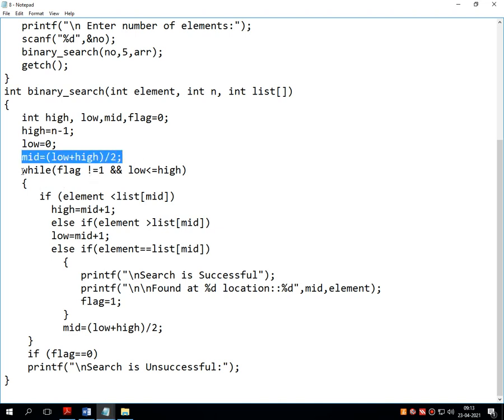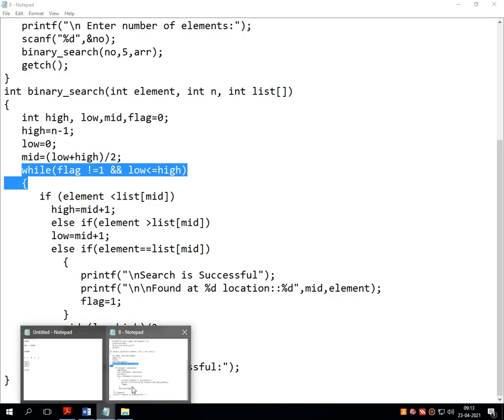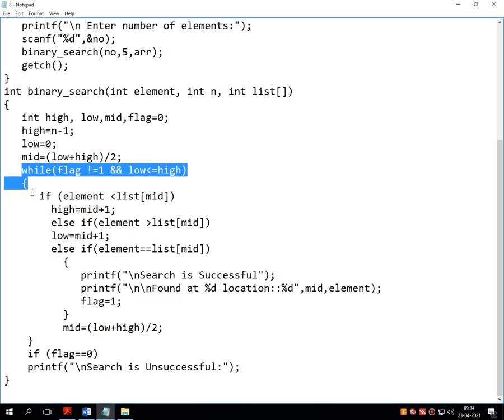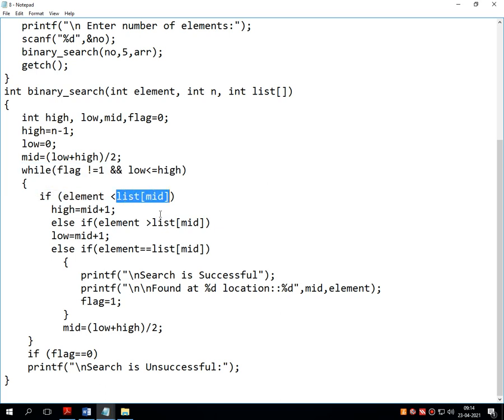Now, there is one looping control structure, and as per our algorithm, it is step number 3. It checks all the elements on the left hand side of the list, and during this it changes the value of high if the searched element is not found on the left hand side.